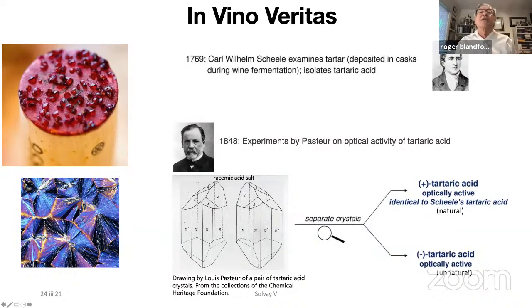So here's a sketch of two that are essentially mirror images of each other, and using a pair of tweezers, he was able to take some regular tartaric acid, just made chemically, and separate it into the two forms. And one of them is associated with the natural tartaric acid, which comes from wine barrels and so on, and presumably biological processes involving humans and so on, the analogy of this.